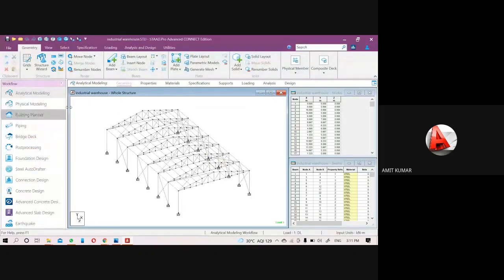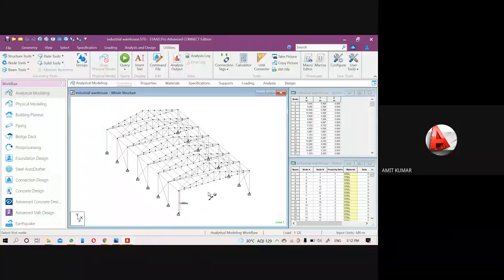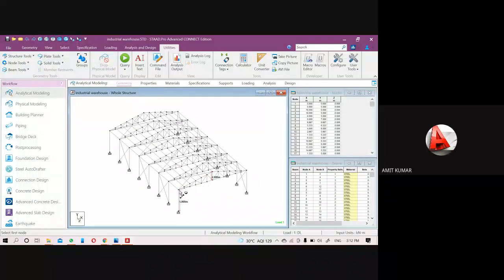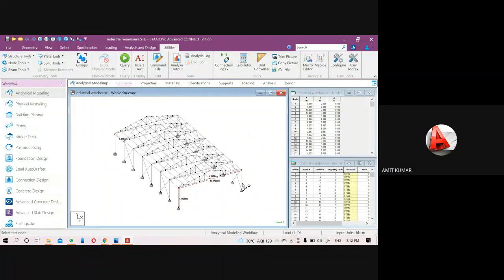Yeah, so total height of the structure for the column is, go to the utilities menu, node tool, node to node distance. Here it is 5 meter, and here it is 2 meter, that means total height is 7 meter. Now check the width, it is 16 meter here. Okay, and the distance between the rafters is 4000, that means a single purlin's length is 4 meter.